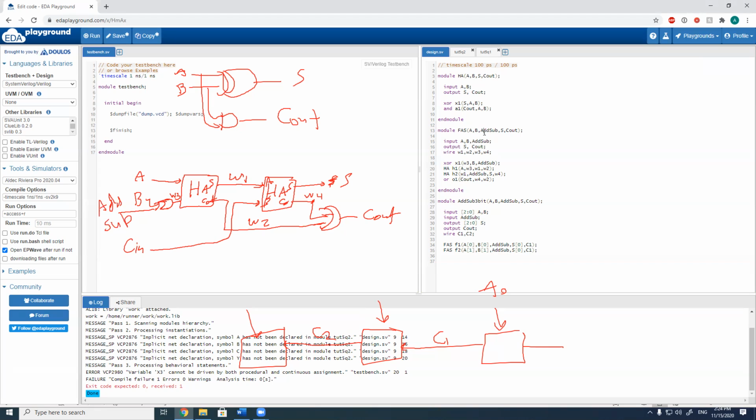So I have add sub. I need to add another input which is CN. Let's put it here. Need to declare it as an input CN. XOR will take XOR W3, B and add sub. That's fine. The first half adder